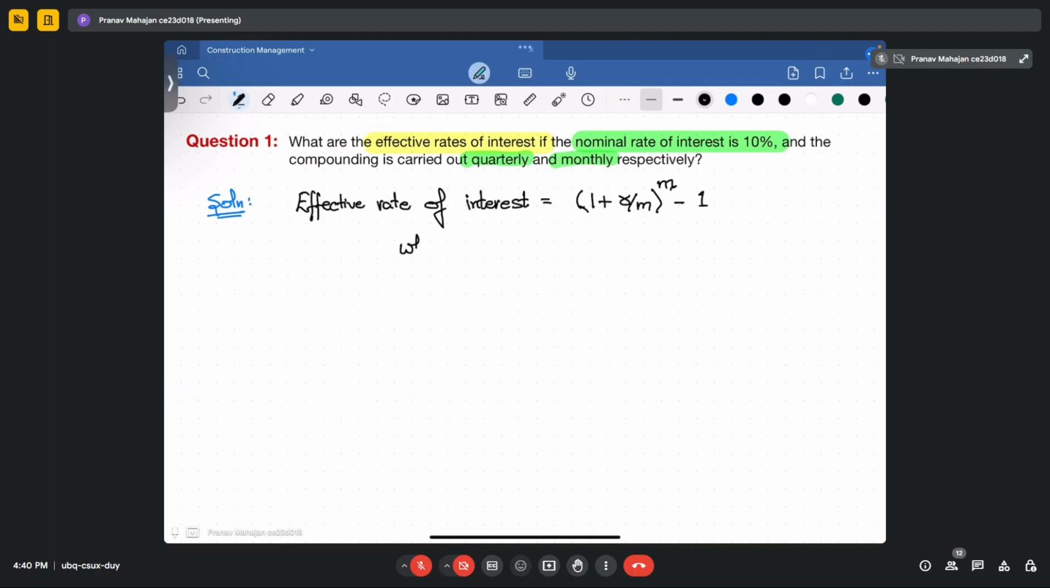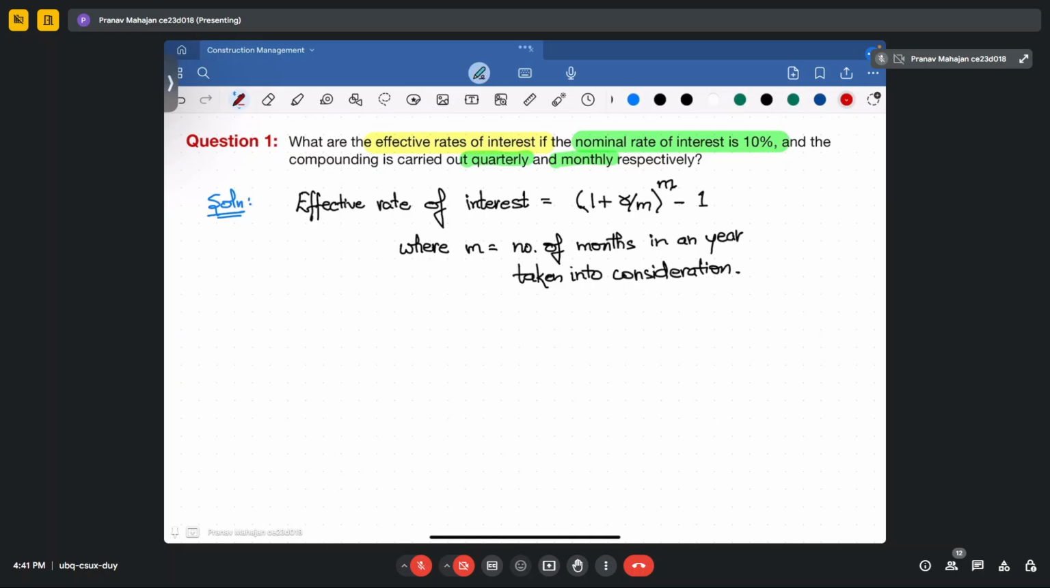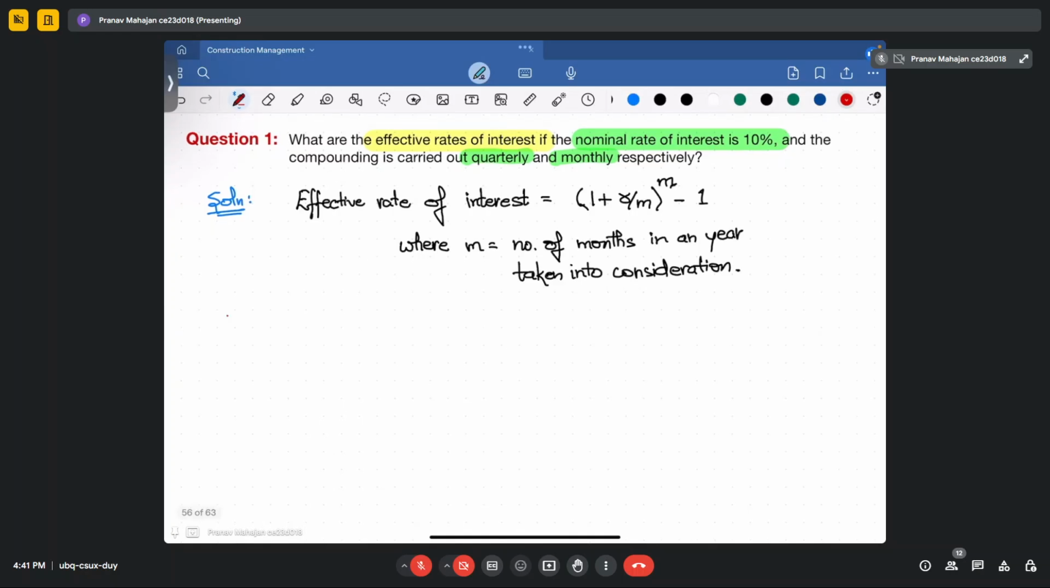So where m is the number of months per year, the number of months in a year, taken into consideration. So the interest is given to you as an annual rate of interest. Now when you are expected to calculate the quarterly and the monthly rate of interest, how will you calculate? So when quarterly, that is at the rate quarterly,